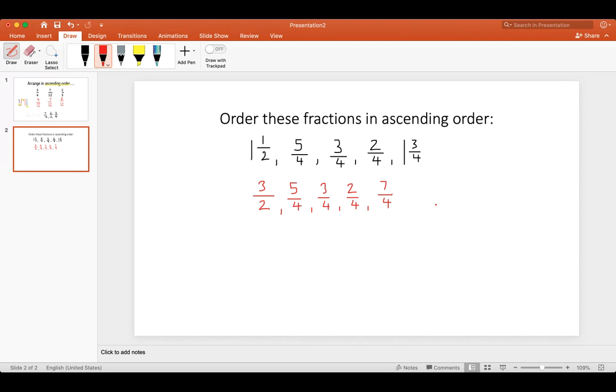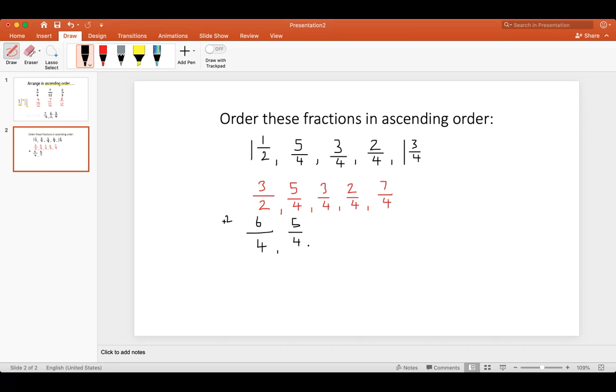However, we've got one fraction that still hasn't got the 4 as its denominator. So we're going to have to turn that one into 4 as a denominator. So I'm going to change that fraction. So that needs to become a 4. What did I have to multiply the 2 by to get 4? Well, I've had to multiply it by 2. So whatever I do to the bottom, I've got to do to the top. So 3 times 2 equals 6. So I've now got 6/4,